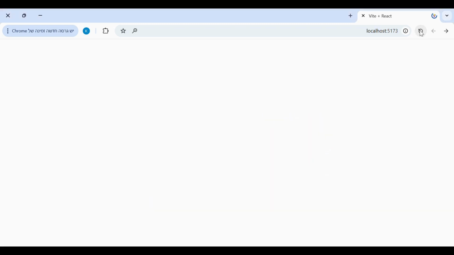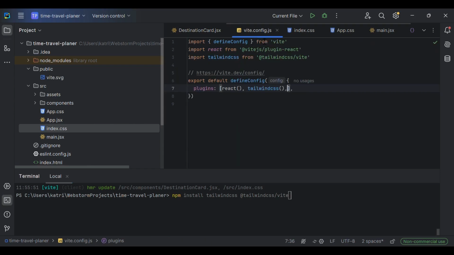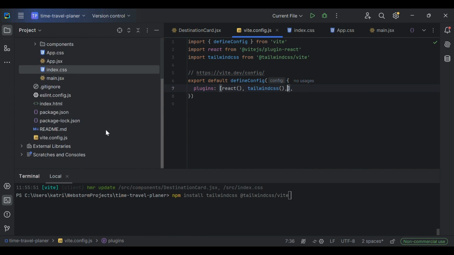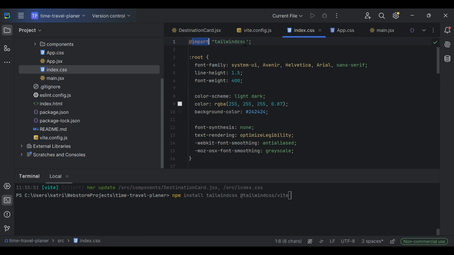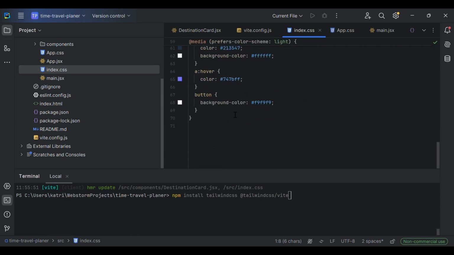Because we use Vite, you need to run this command: npm install tailwindcss vite. I already did it, so follow along, and then you just need to go to vite.config.js, and you don't need any other configs or any other files, but you need to include Tailwind CSS in the Vite config and also after React, for example. And after that you go to your index.css and you import Tailwind CSS in the very beginning of the file. For now I left everything that is here,